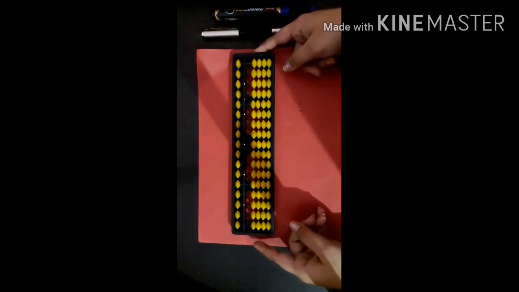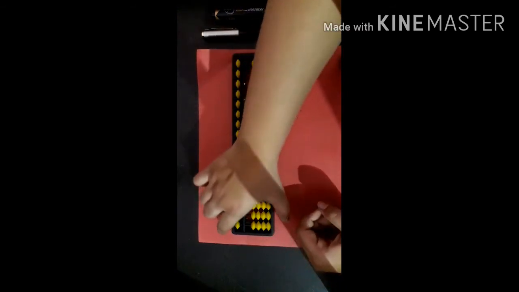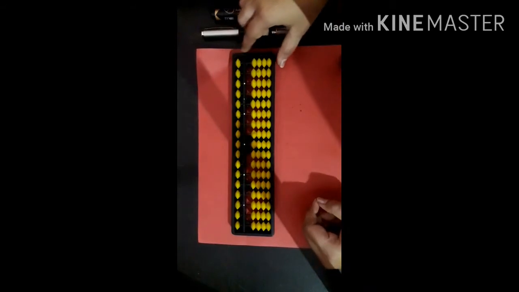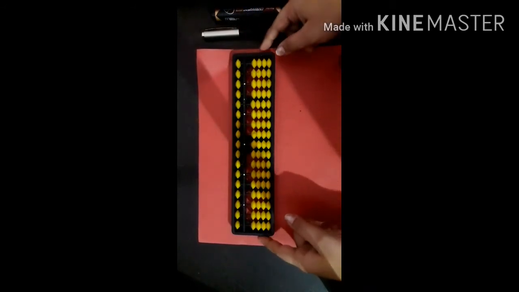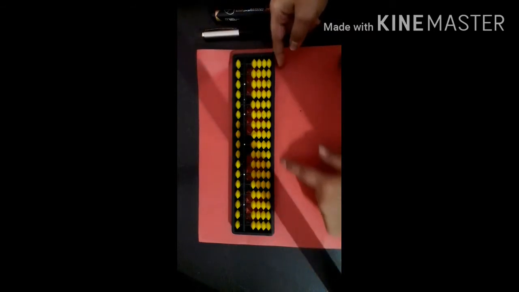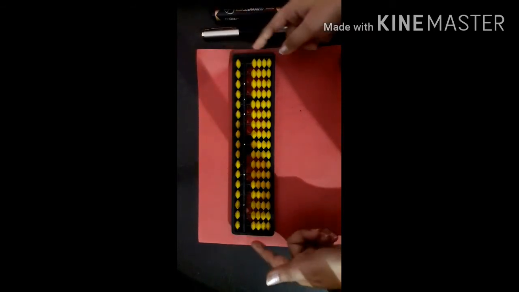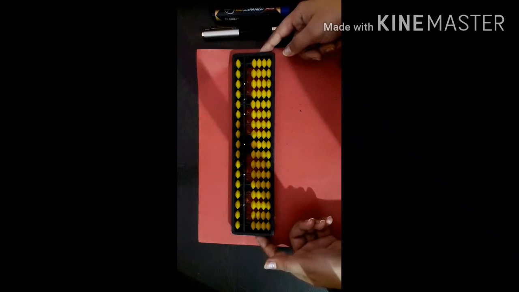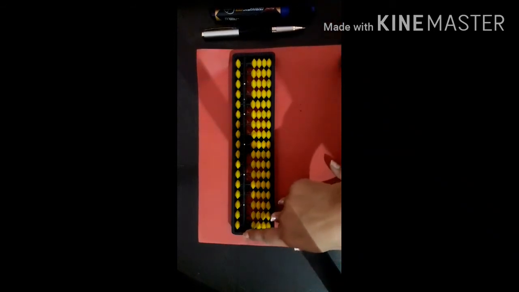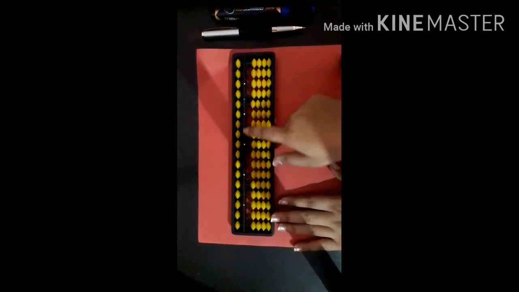As I have told you in my previous videos, the outer part of the abacus tool is called the frame. And this rod which is going through the middle is called the bar.